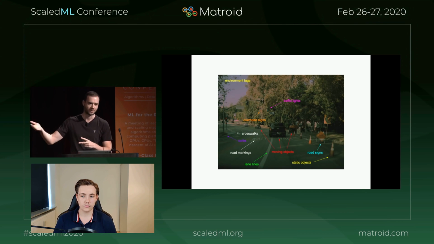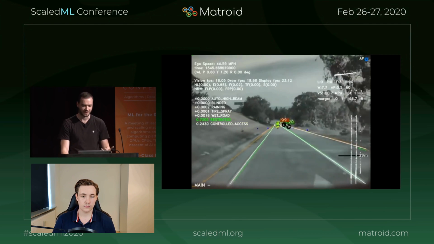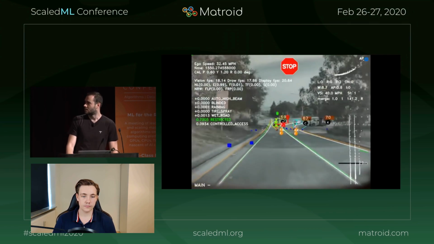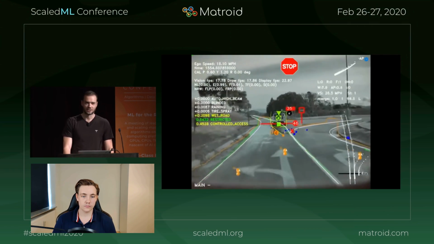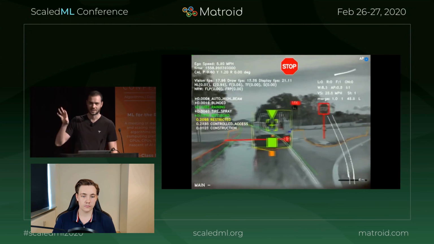Number one, we actually need it for the driving policy. And number two, we actually want to show a lot of things on the instrument cluster for the human so that they gain sort of confidence in the system. Here we've produced a video that shows some of the under-the-hood predictions for the main camera that is facing forward